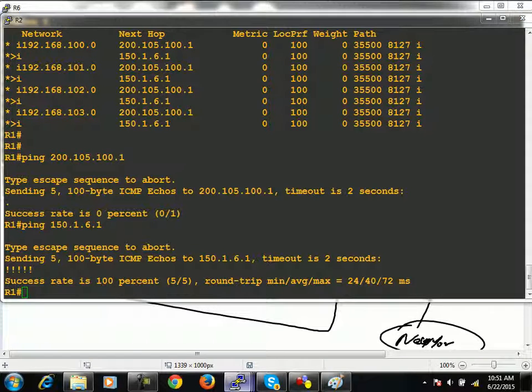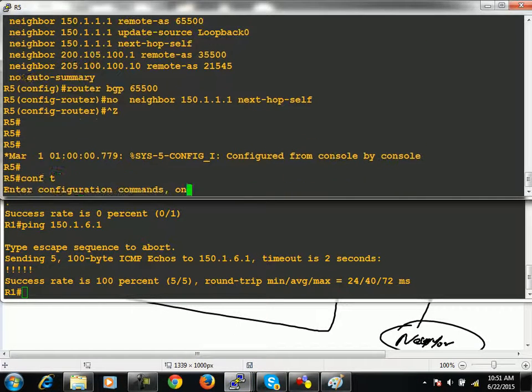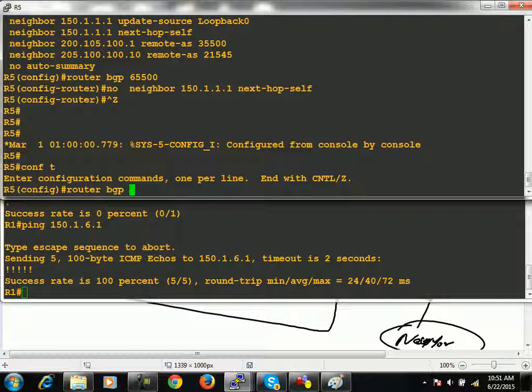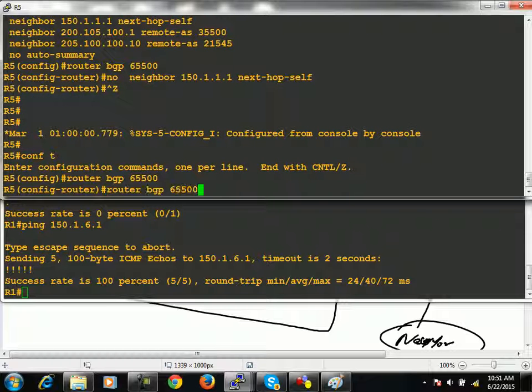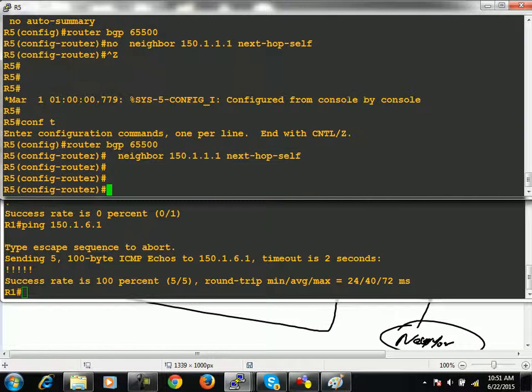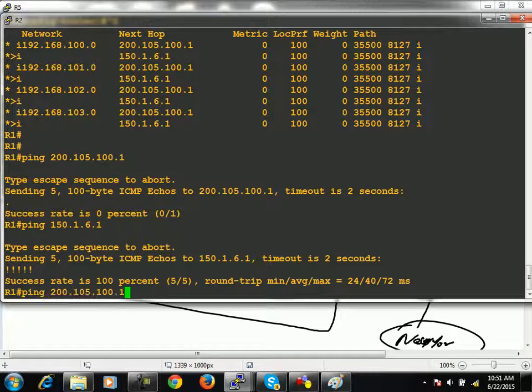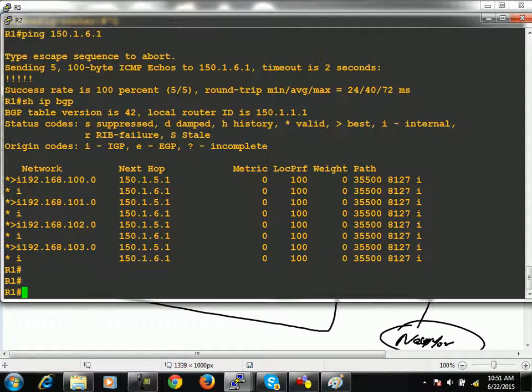So now you do one thing, move back again on R5 as well. Say router BGP 65500, and as you remove the next hop self command from here, now once again reconfigure this next hop self command here on R5. Now move back again on R1 and check its BGP table. See,